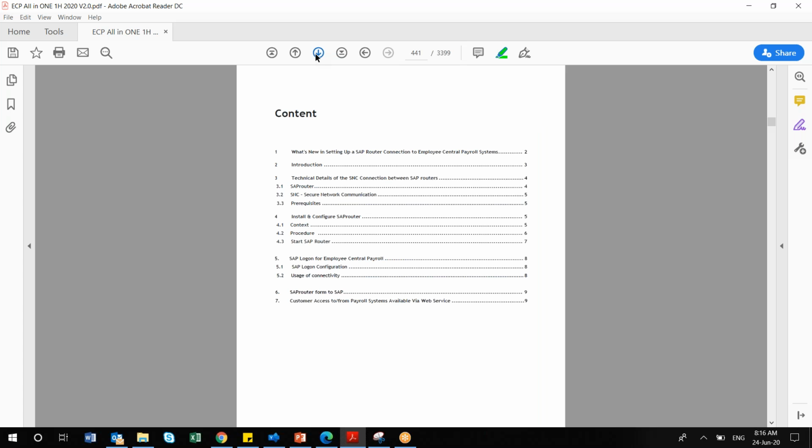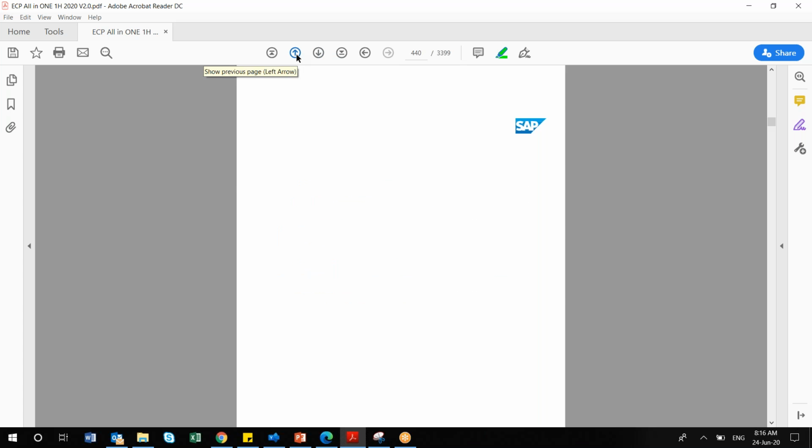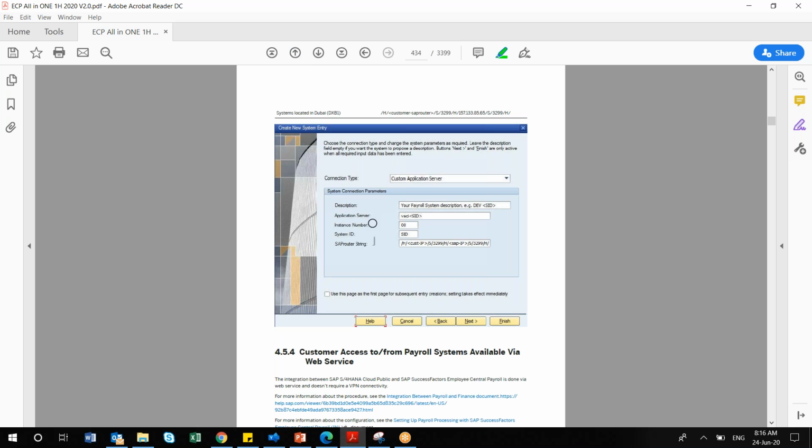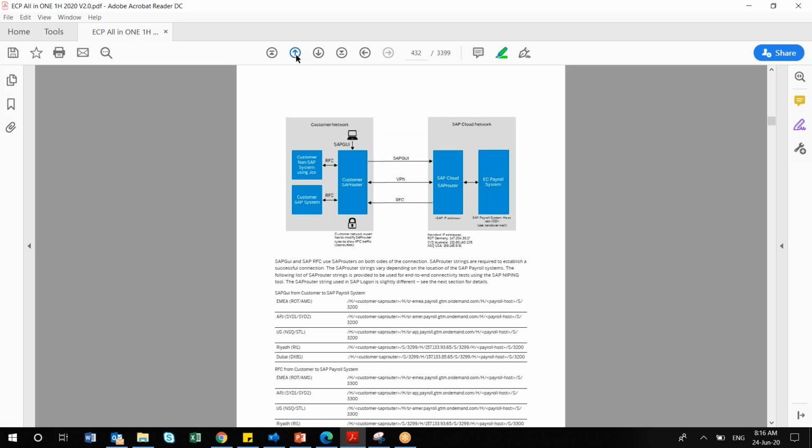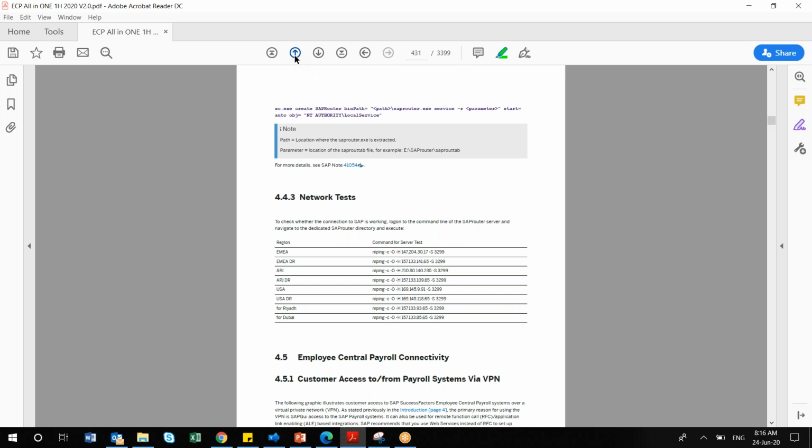connectivity. Even if it is in my configuration guide, if you want, I can take you through it, but there is nothing much here, like how to set up the application server, instance number, SAP router string, all this maintenance. These are more infrastructure related. I just told you about this RFC connection, and these are more from the infrastructure side. Nothing to go through. So maybe what we can do, you can park these aside and just make a note, and one